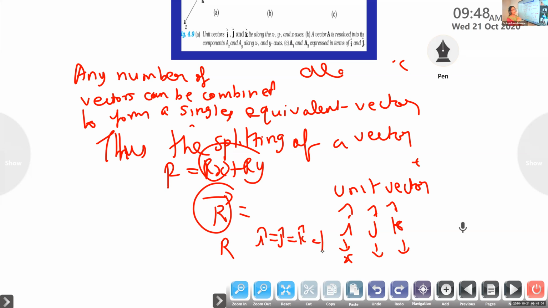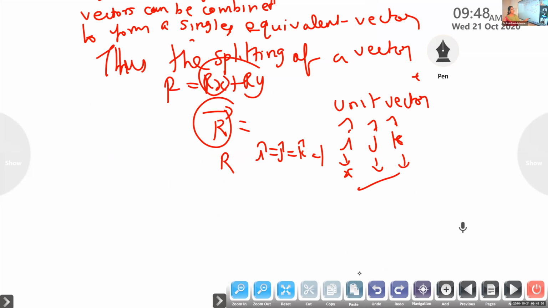So the value of the unit vectors I, J, K is equal to 1. Sometimes we use the matrix system also. Have you started matrices in this class or in plus 2? Okay, plus 2. Vectors and all you will study in plus 2 only, but still in plus 1 we have a little advanced. So we also use the matrix system. Okay, so let us see. We can represent vector R in terms of, how do we represent?